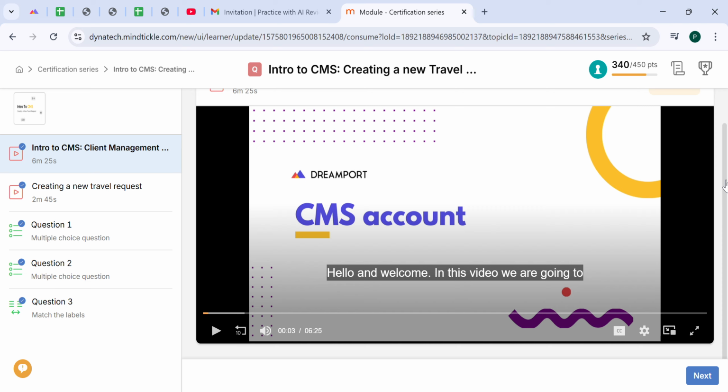Hello, today I'll take you through the CMS. The CMS basically is the client management system. This is the platform that you'll be working on your day-to-day basis. So each and every day you'll be logging into the client management system with your